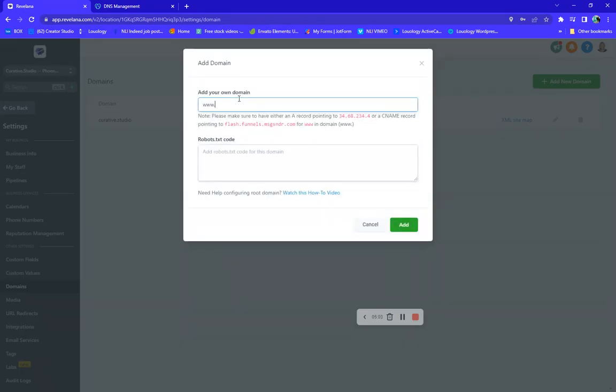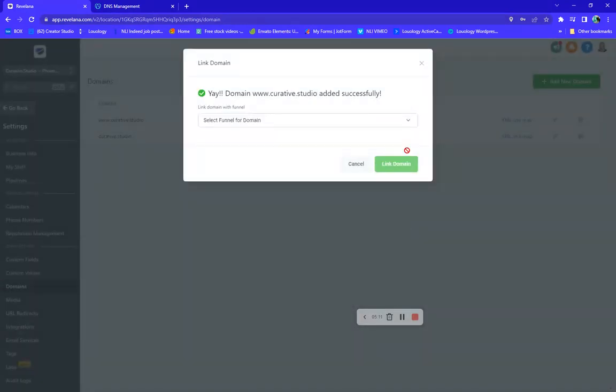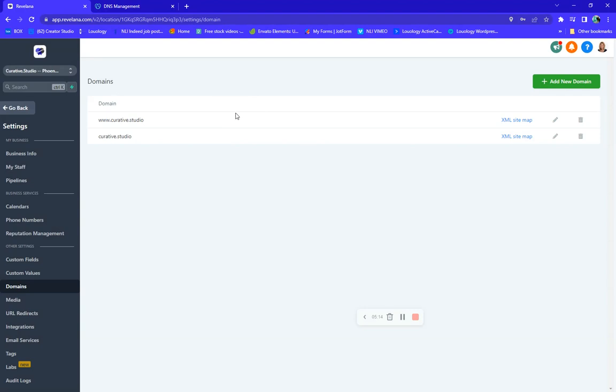Same thing, I'm going to put in www.curative.studio and then add it. Then I'm going to cancel that because we don't want to do any more. I just want to add it, right? So it works with www. And then I'm also going to add